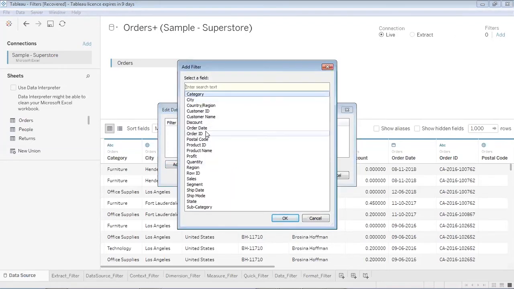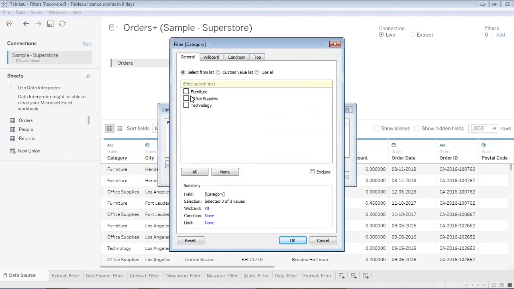So it asks me based on which field I would like to filter out. I am saying I would like to filter out based on category. So once I select category, it asks me which values I would like to exclude or include. So I would like to include all the data records where the category is office supplies or technology. I would not want the records where the category is furniture. Now you see over here, there are furniture category rows as well. Once I apply this condition, all the rows where furniture category is there will disappear.